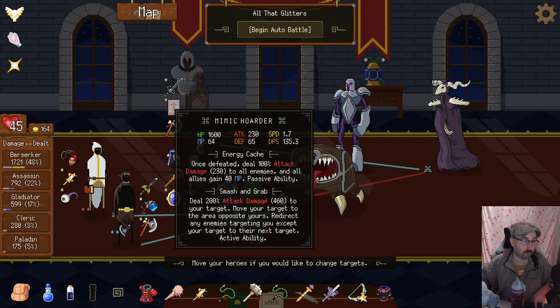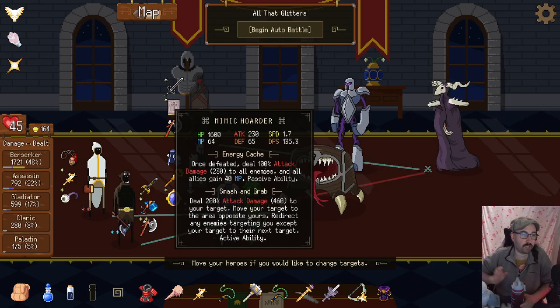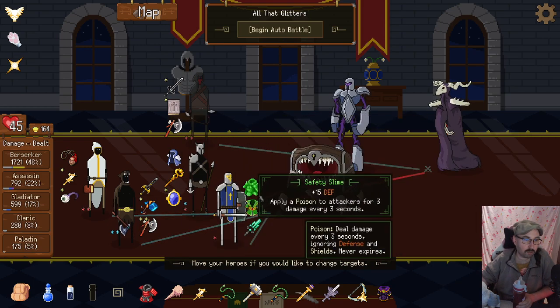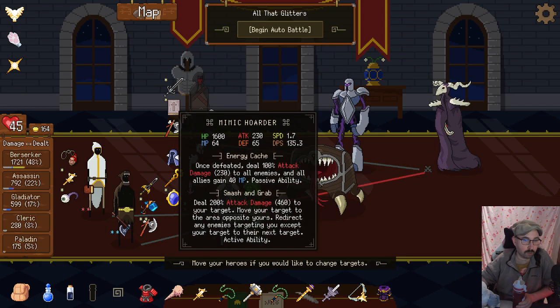What is this? A Mimic Hoarder. Once defeated, deal 100% attack damage to all enemies and all allies, gain 40 MP. Smash and Grab. Deal 200% attack damage to your target, move your target to the area opposite yours. Redirect any enemies targeting you, except your target, to their next target. Okay, so that guy tries to make, like, dual 1 versus 1